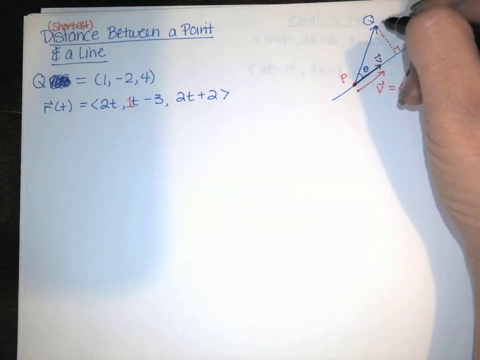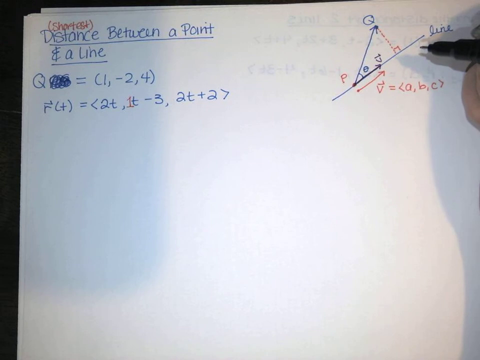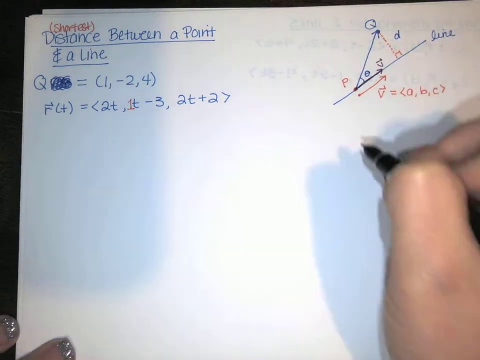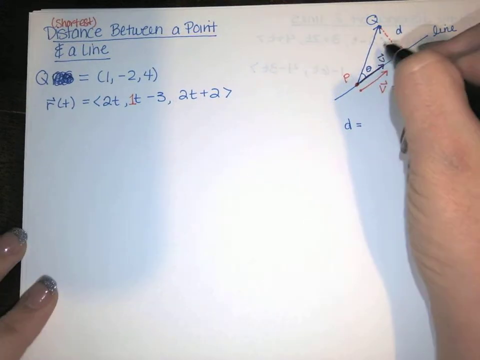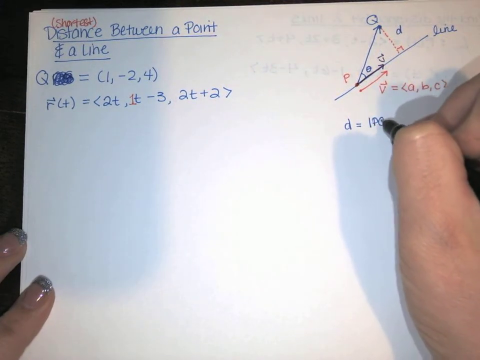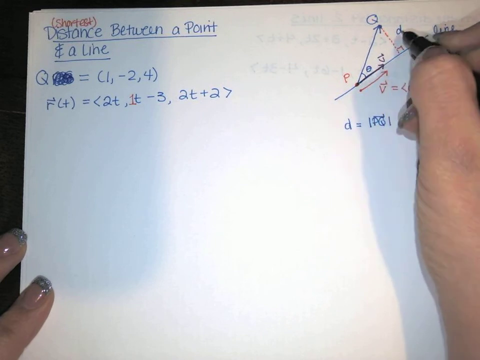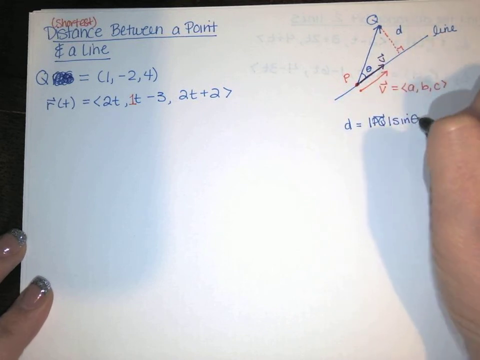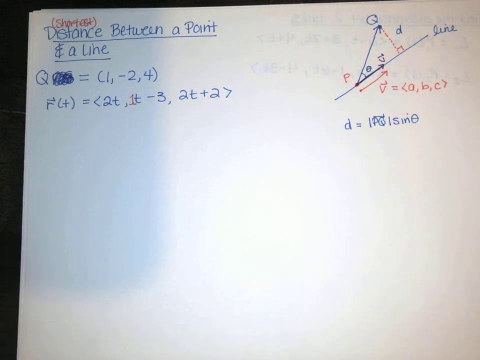We're saying, well, what's the length of this side of the triangle? Well, that's opposite theta, so that distance, I'm going to call it D, is the length of the vector PQ times the sine of theta, because D is opposite theta in our triangle. And theta is always going to be between 0 and 180, and sine is always positive between 0 and 180 degrees, or 0 and pi radians. So this would be our distance, and that's if we know the angle theta,